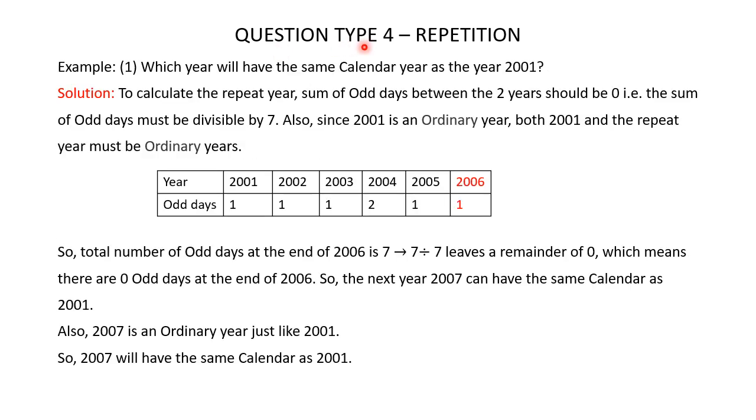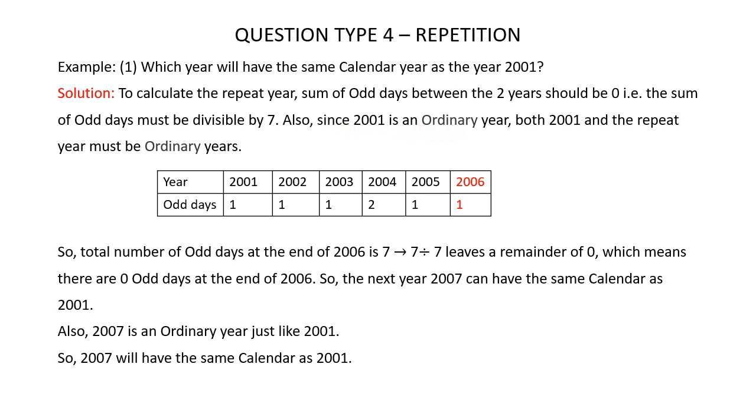Let's now learn how to answer type 4 question, which is repetition of calendar year with the help of an example. Now look at this example. Which year will have the same calendar year as the year 2001? Now to calculate the repeat year, the sum of odd days between the 2 years should be 0. That is, the sum of odd days must be divisible by 7. Also,